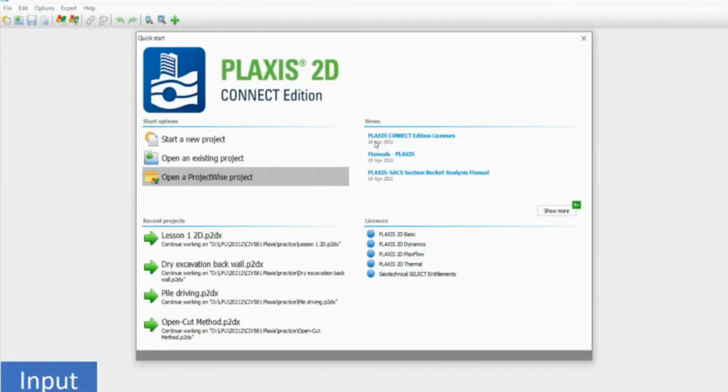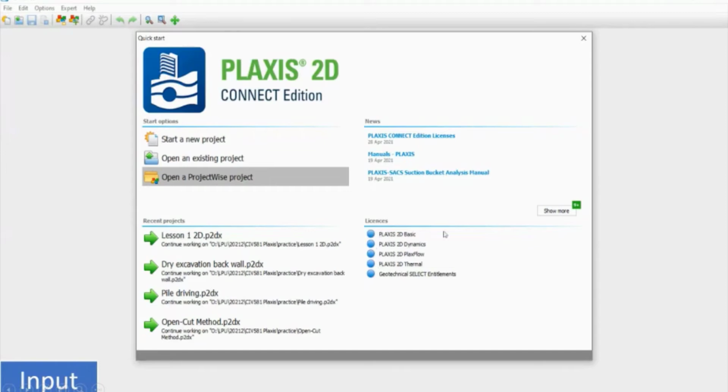Now we'll see the interface. First of all, what are the inputs? This is the 20 version of the Plaxis 2D Connect Edition. This is the first input when we start it. It gives us the options to start a new project, open an existing project, or open a project-wise report.